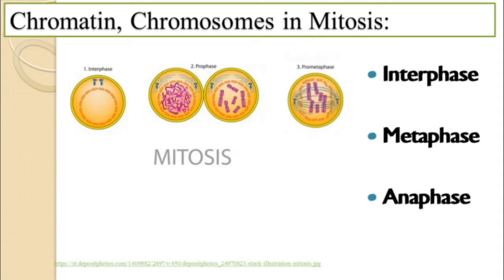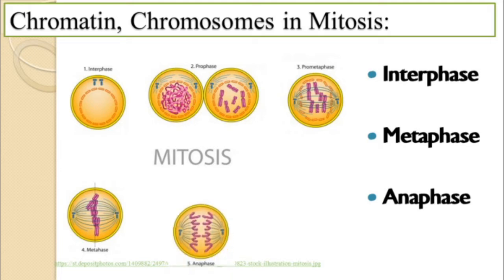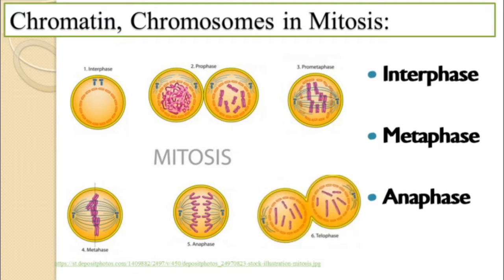As you can see, in prometaphase, the chromosomes are moving towards the center of the cell. Then in metaphase, finally they reach the center position of the cell. The nuclear membrane is dissolved, spindle fibers attach to the centromeres, and in anaphase they have definite shapes and move towards the polar regions. Entering telophase, it results in the formation of 2 different cells after forming 2 nuclei. These are the things we must know to understand chromatin and chromosomes.